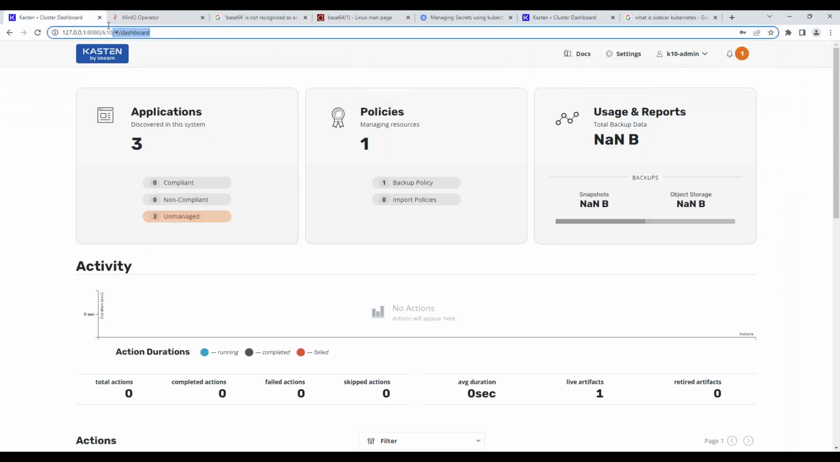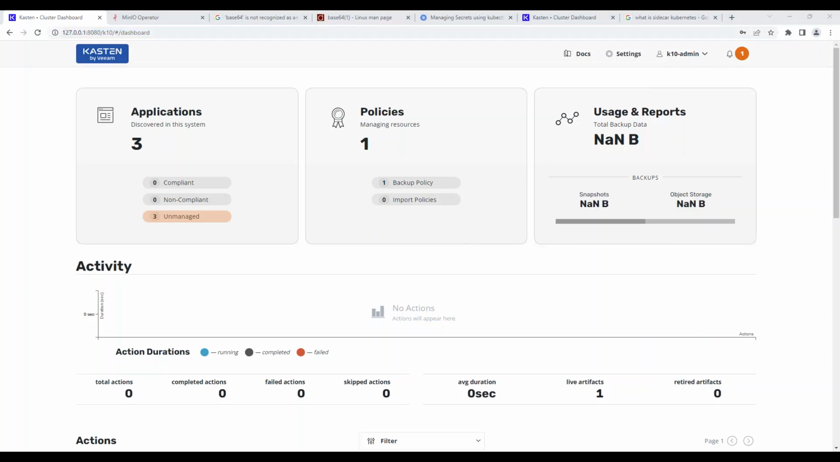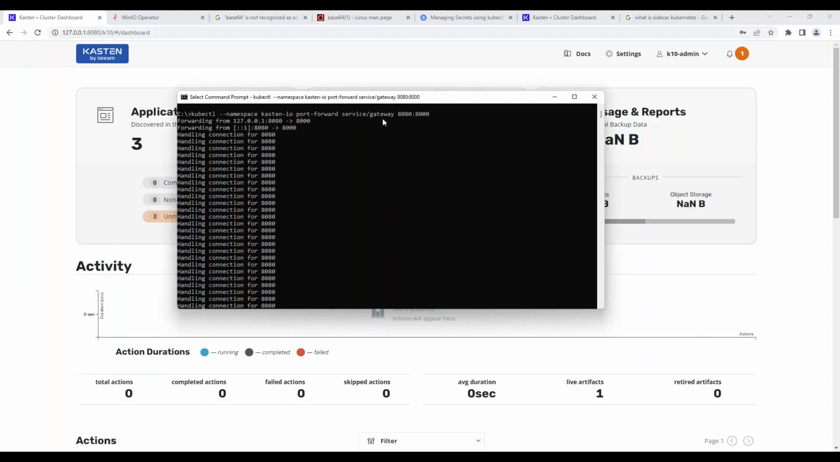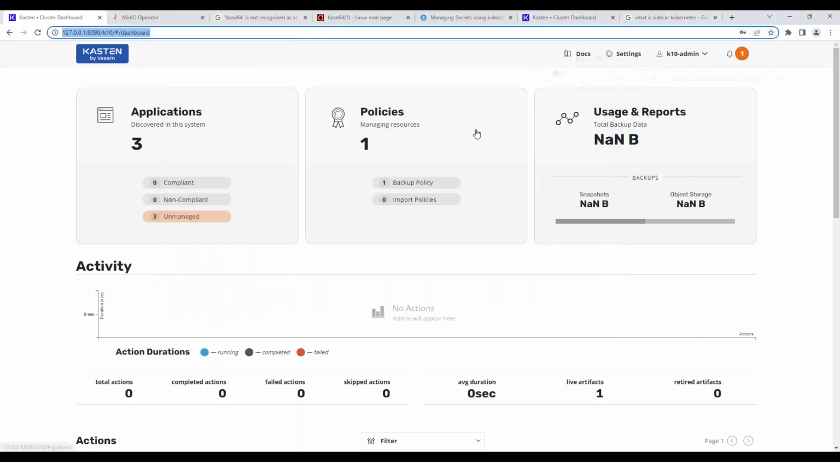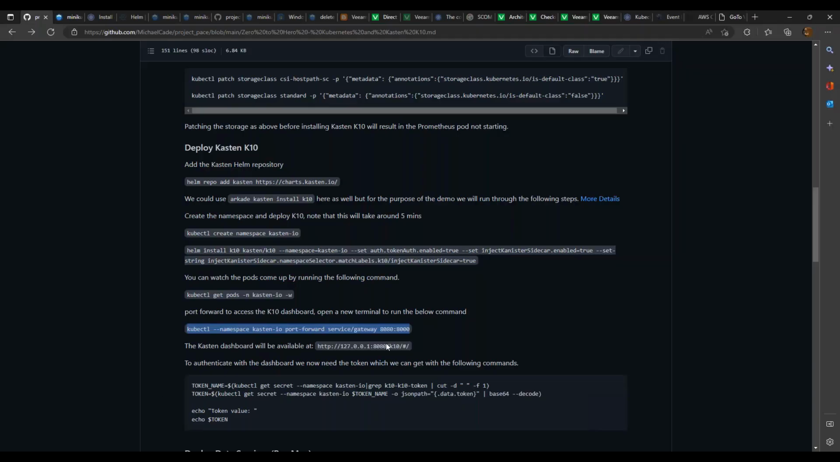So if you see, this is actually running in my local machine. That's the local NIC address that we use, and it runs on port 8080. That's the port forwarding we have done on this screen. We have actually forwarded gateway port 8080, and we have said, okay, use port 8080 instead of 8000, right? So once the Kasten is installed and you are able to browse it using this,